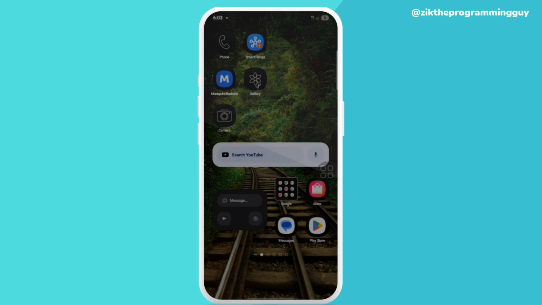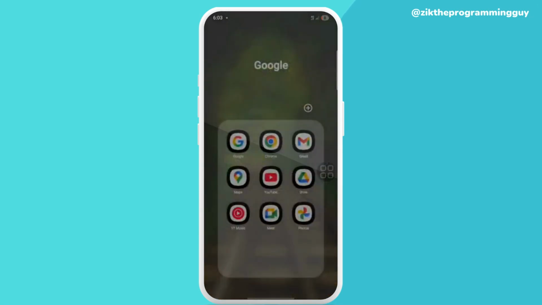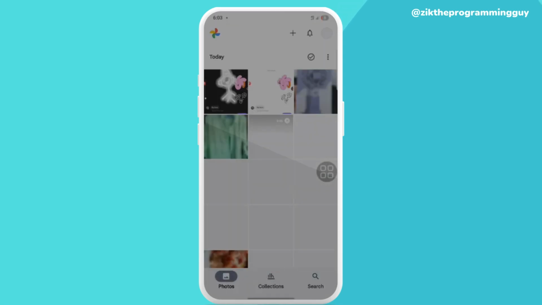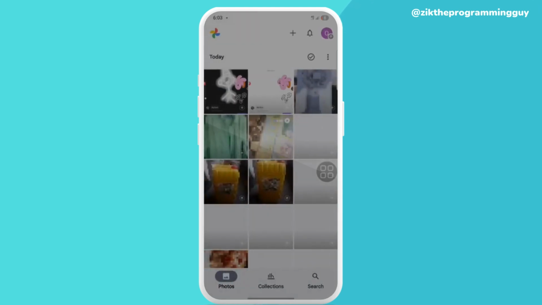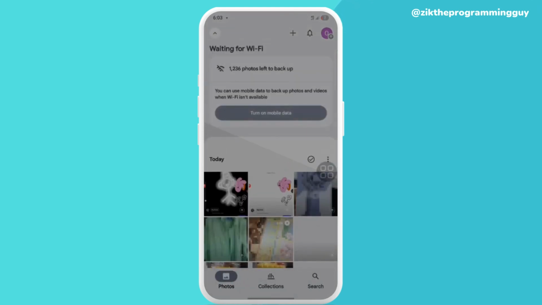My name is Beatrice, and in today's video I'll be showing you how to change language in Google Photo. If you want to change your Google language on your Google Photo app like this, I'm going to show you a few steps on how to do that. The first step you have to take is to click on this right here,